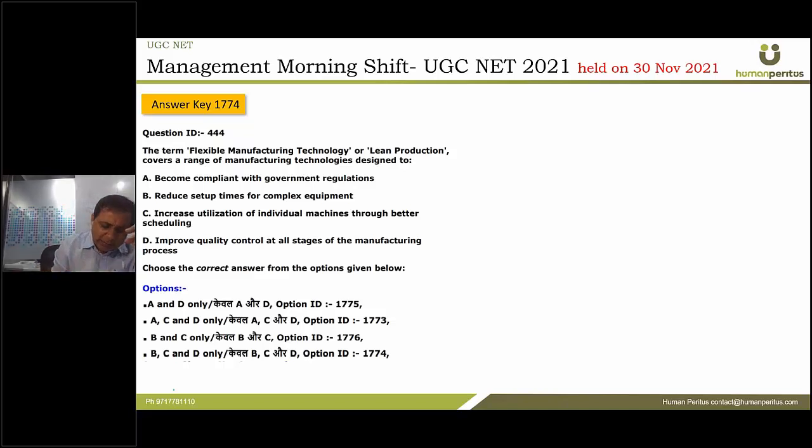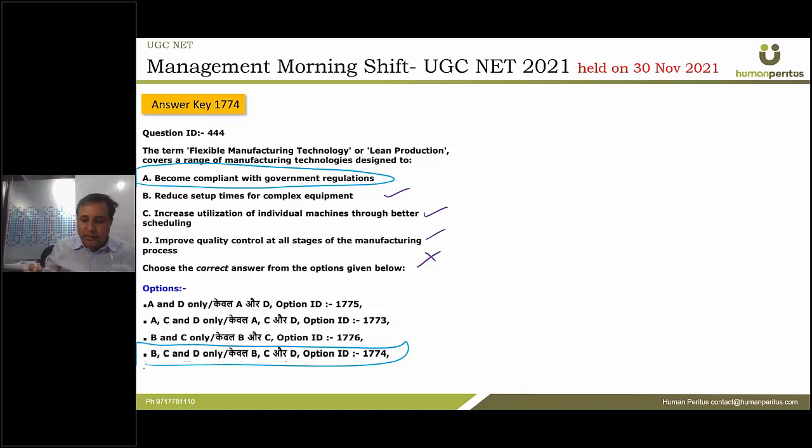Again, लेकिन आप इसको देखो भी अगर आपने क्वालिटी मैनेजमेंट थोड़ा सा भी पढ़ा है, so all of them will improve the process, except this thing that we do not do quality management just to be compliant with government regulations. So it was pretty obvious that A cannot be your answer. Correct answer is B, C, and D, and therefore option D is correct. Again, quite easy one, and also you can do it with some sort of common sense.